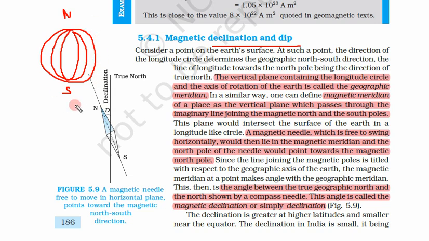So we can create infinite number of circles, and this circle is in the plane of north and south direction. So these circles determine the north and south direction. So we can put infinite circles on the Earth, and for understanding it better, you can search on the internet longitude and latitude.